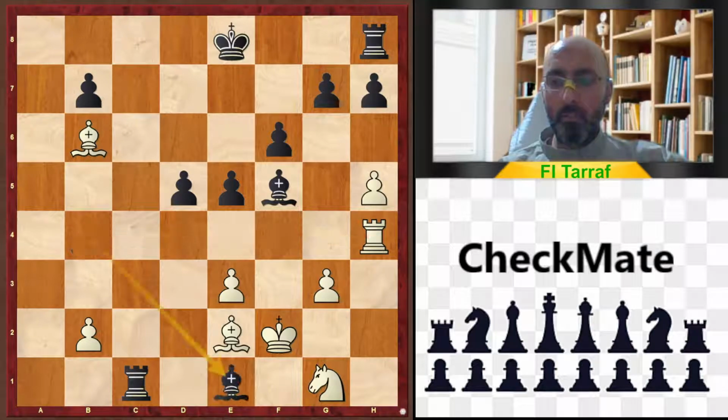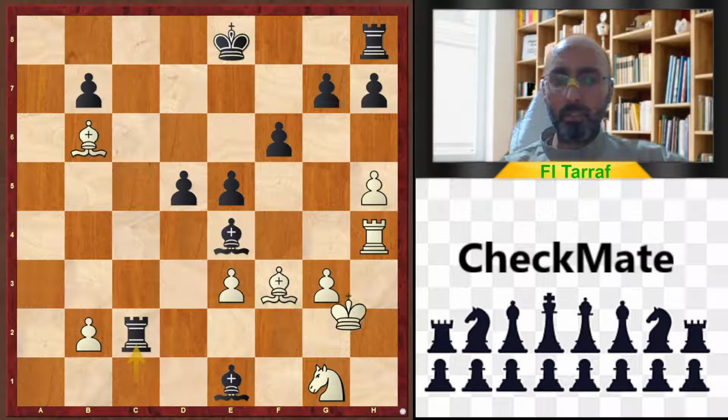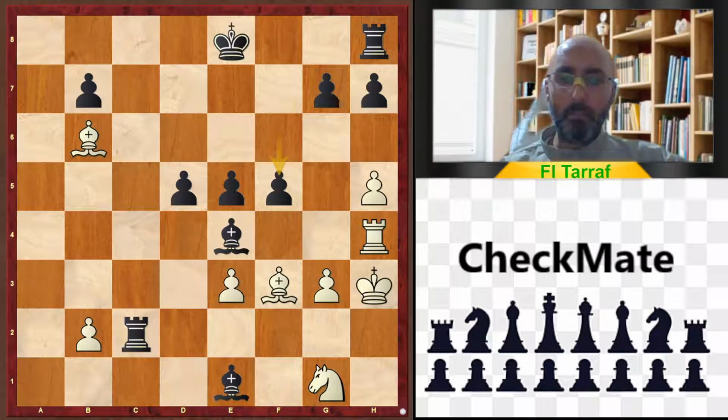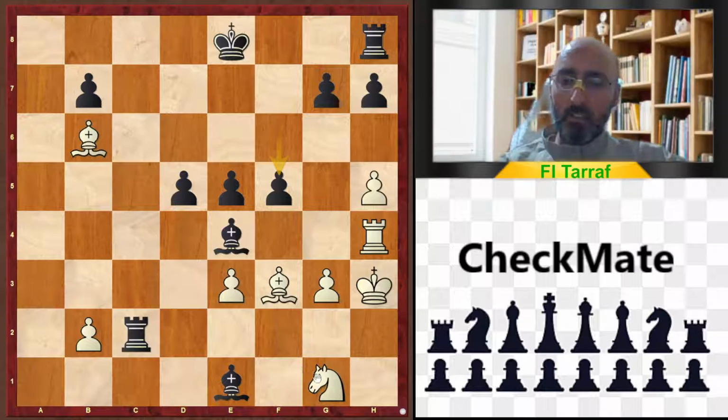Now bishop to e1, check. King to g2. Bishop e4, check. Bishop f3. Rook c2, check. And king to h3. And now f5. And at this move, white resigned because his position is hopeless and his pieces